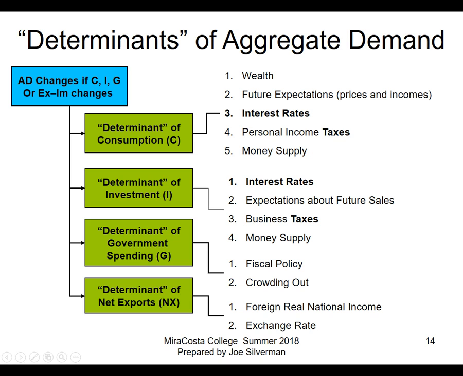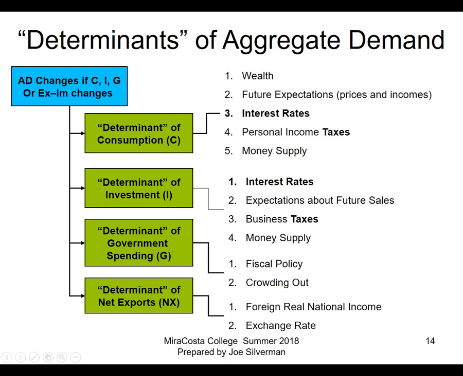Crowding out is when the government borrows more money, and as a result of borrowing more money, interest rates go up. As a result of interest rates going up, we see a reduction in private consumption and we see a reduction in private investment. A thing called total crowding out would occur if, let's say, the government borrowed $1 trillion more